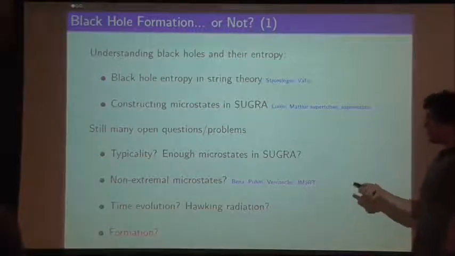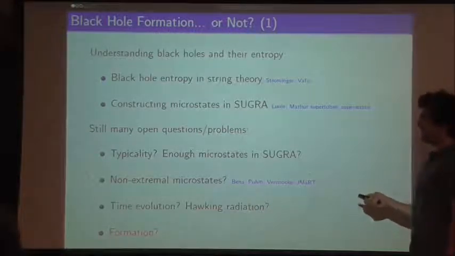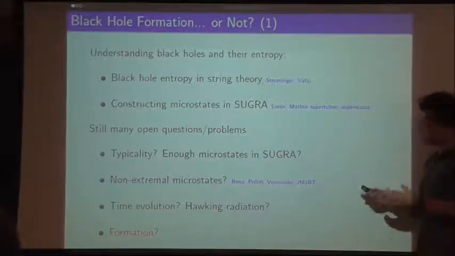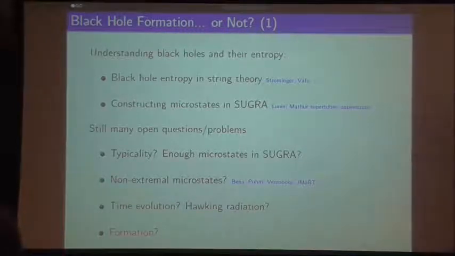Good. So one question is, are there enough microstates in supergravity? Another question is, are these microstates that you can construct typical enough? Are they enough like the typical microstate of a black hole to tell you anything meaningful about the physics? That's also a very interesting question. There are some arguments to say that these supergravity microstates are typical enough, but I would say that this is also largely unresolved. And then, of course, all of this that I've told you so far is all supersymmetric. So this is only stuff that you can really do when you have a lot of control over your system, which means supersymmetry. And there's very little that you can do when you throw that away.